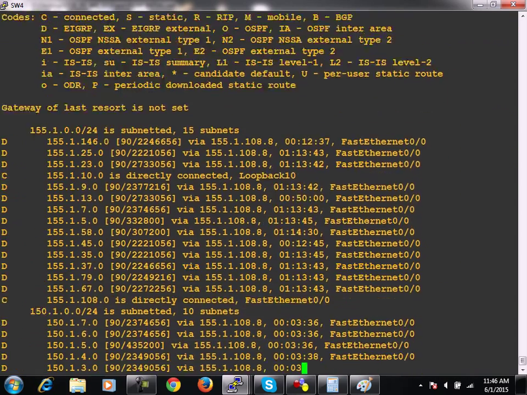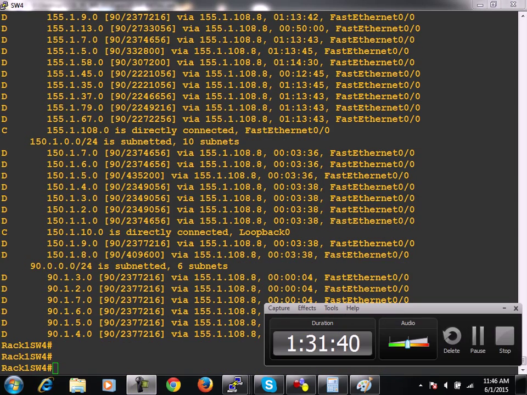How many people are not comfortable with route map? Please